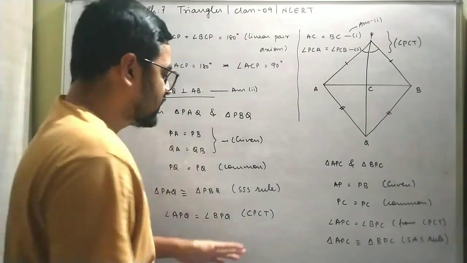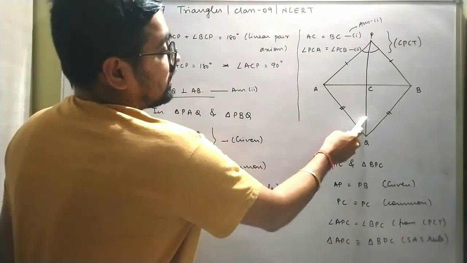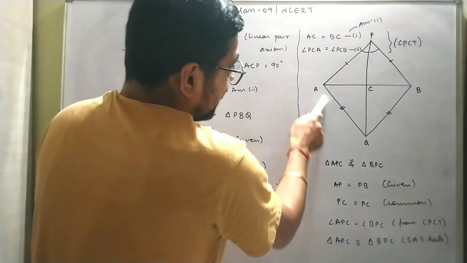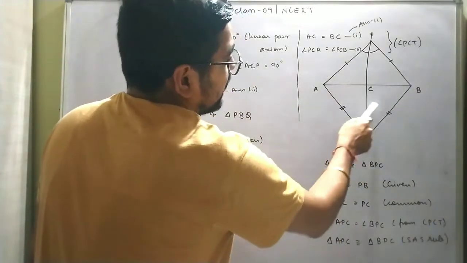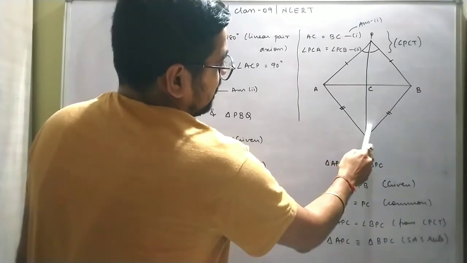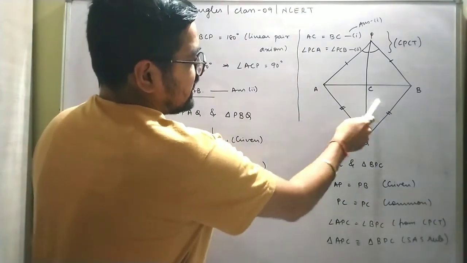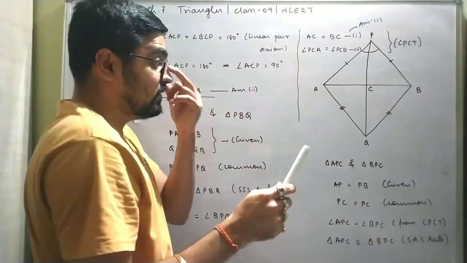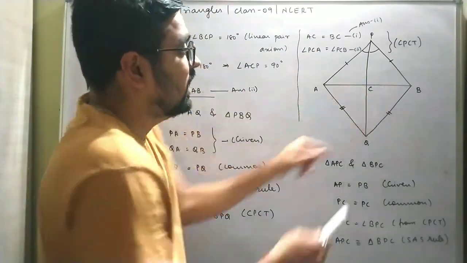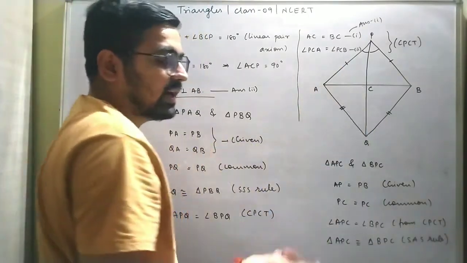As I told you, one of you said that sir, instead of these two angles, if I want to make these two angles equal as a CPCT, you can do that. And I am telling you again, then you have to consider these two lower triangles in which these two sides are equal. This angle is going to be equal, and this common side is going to be there. So by side angle side these two become congruent triangles, and once we get them as congruent triangles, I can easily say by CPCT these two are equal and these two angles are equal. Same way, and these two angles are equal. That doesn't mean they are 90.